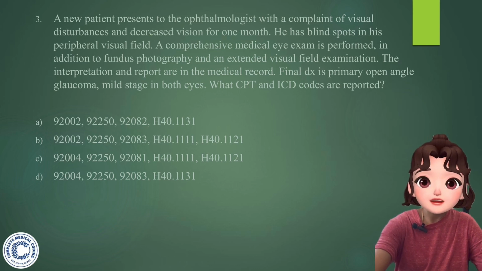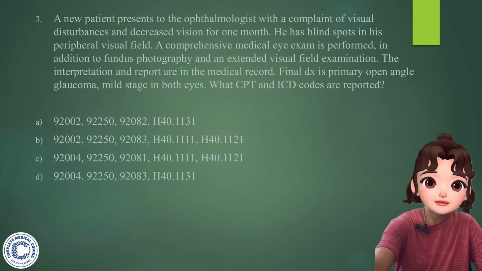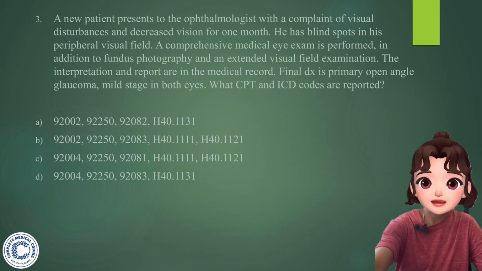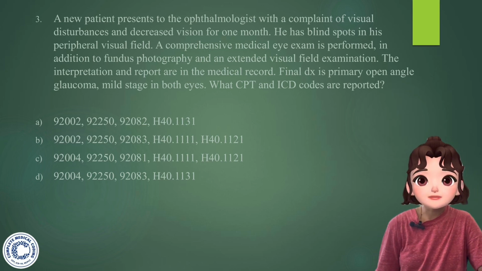Primary open angle glaucoma, right eye, mild stage. This is only right eye, and H40.1121 represents left eye. Primary open angle glaucoma, left eye, mild stage. So you got the correct ICD code as